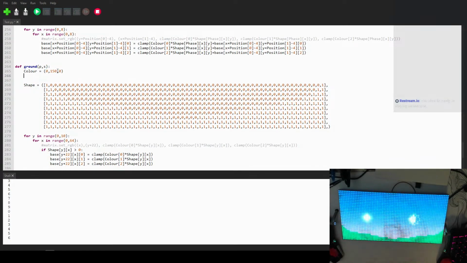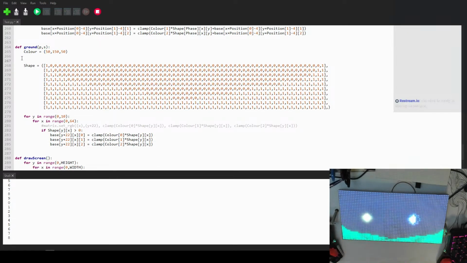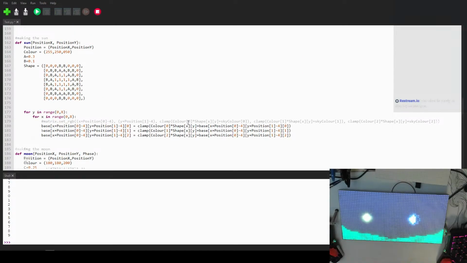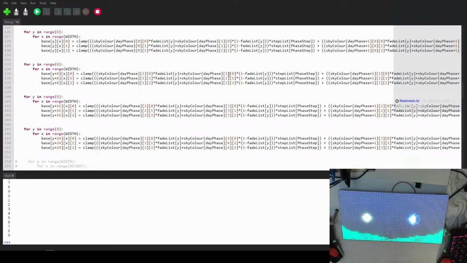So if I say the color that it's always... Kind of need to make a fade for it, don't I? Oh god, how do I do that with this guy? I still have to